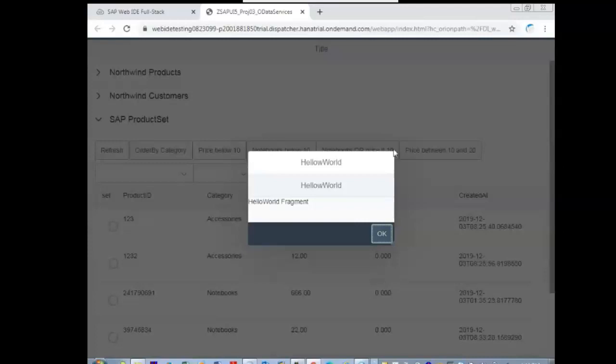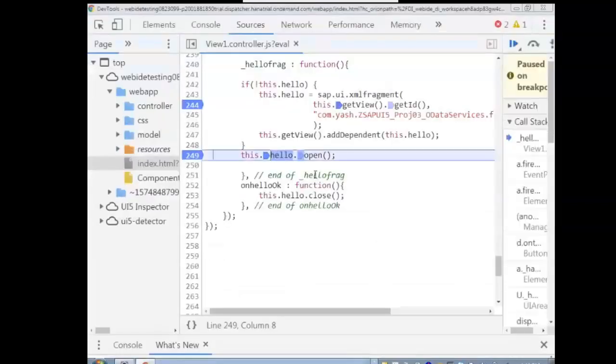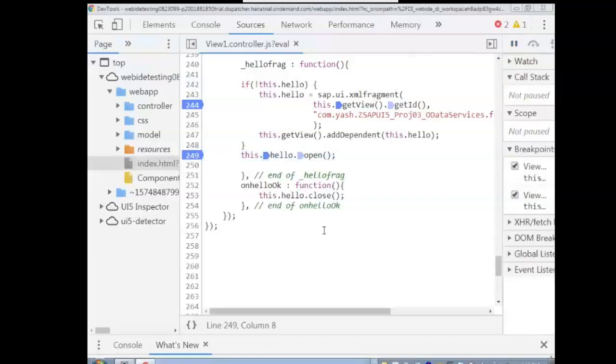Second time when I click this, it should not go into the if loop. Okay, understanding? Sure. Okay, this is the story about the fragment.